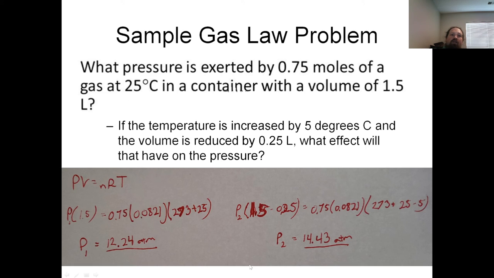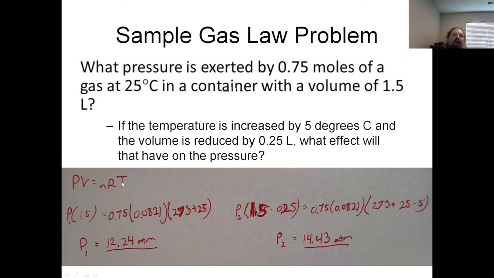So as one last sample question for this particular lesson, let's just use the gas law formula to look at the state of a gas as a few details about it change. Let's say that you have 0.75 moles of a gas that is at 25 degrees Celsius in a container with a volume of 1.5 liters. So we know n, we know T, we know volume. We've been asked to find pressure. So if we look at our ideal gas law formula, we know everything but P. So we can plug in our volume of 1.5 liters, our n of 0.75 moles, our R of